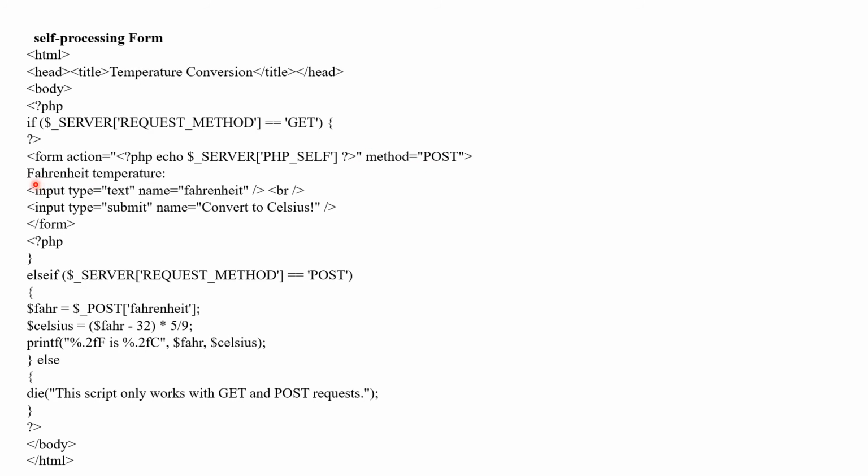And we simply display the message Fahrenheit temperature, and we take the input type as text, the text field, having the name Fahrenheit, and in this text field we can enter the temperature in Fahrenheit format. After that we take one submit button having the name convert to Celsius, and then we check else if the server request method equals post, and then it will access